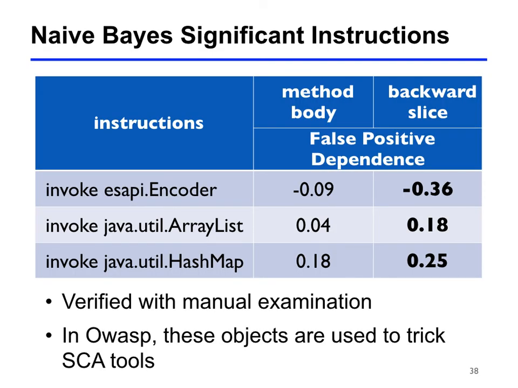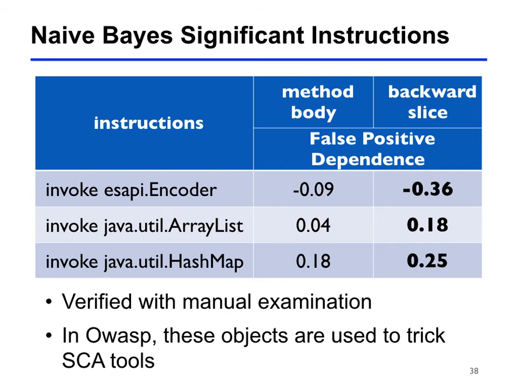Based on this metric, the most significant instructions are these three invoke instructions. Encoder invocations appear most in the true positive class, whereas array list and hash map invocations appear in the false positive class. Looking into the OWASP test cases, we observe that these collection objects are used to trick SCA tools